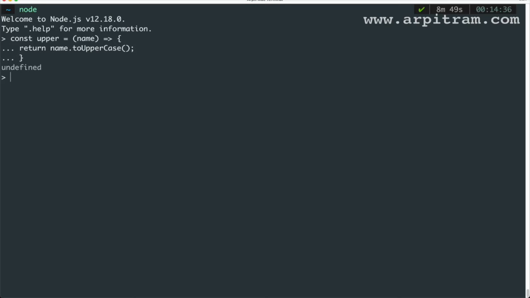Since this statement is not returning anything, you're getting undefined here. You can also silence these undefined outputs by using some parameters with your node command.